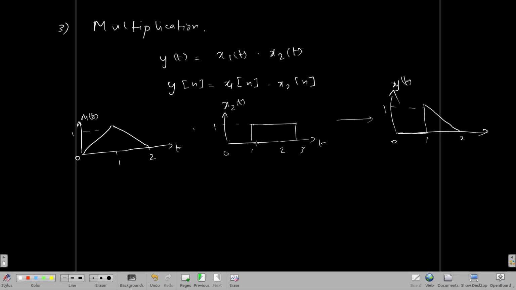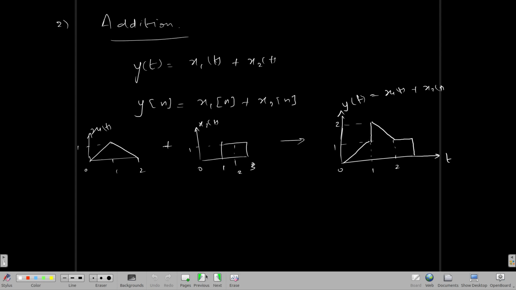If this one also had some minus t or plus t or something, it would be t into t squared, some parabolic function would have come here. But now this one also is just a constant into minus t. Again, from 2 to 3 this is having a value, but here it is 0, so it is 0, right? So if you compare this one and this one, addition and multiplication, what you can say is, in